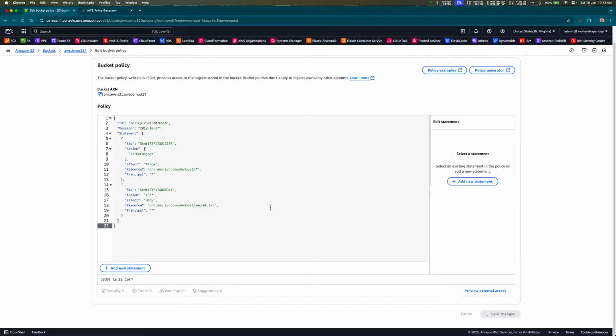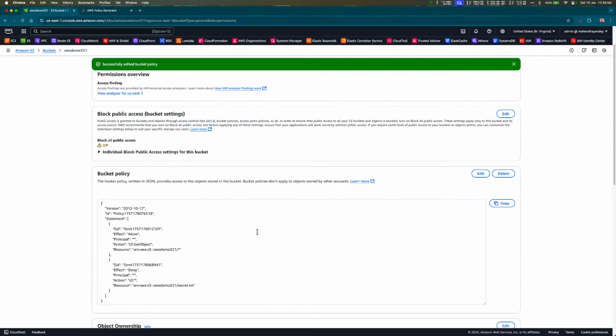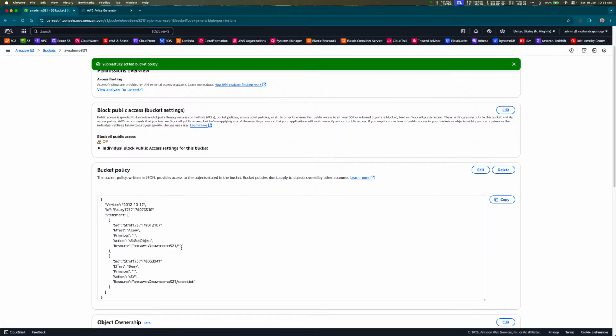Save changes. There is a bucket policy applied. So we will have access: allow everything, deny secret.txt. So as you can see, while